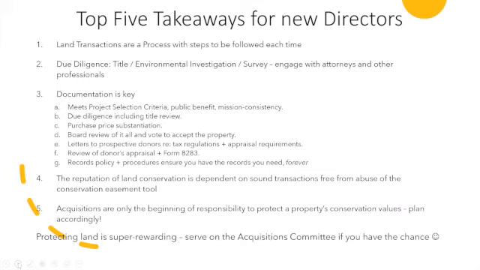Board documentation of your stewardship activities, and maintaining credible copies of important project files. Long after we're gone, a judge should be able to tell that we followed all the necessary steps so our properties can stay protected. Number 4, the reputation of land conservation is dependent on sound transactions that are free from